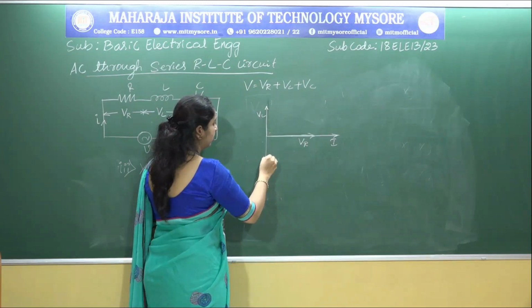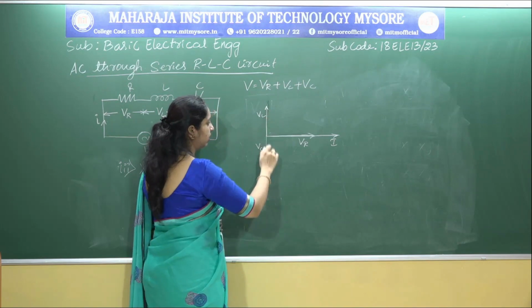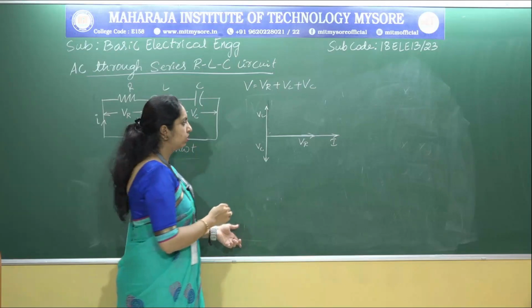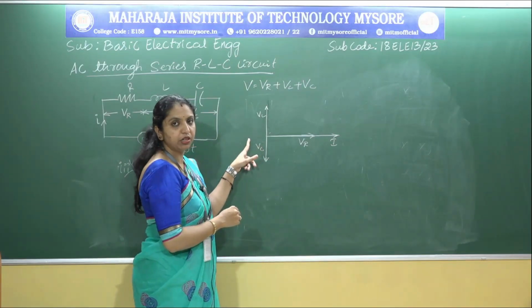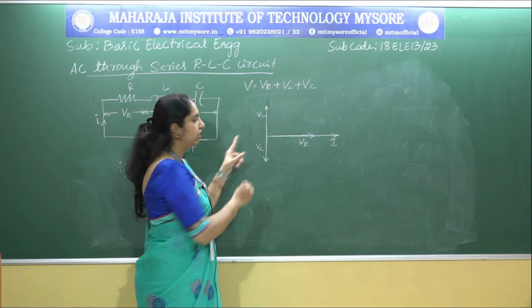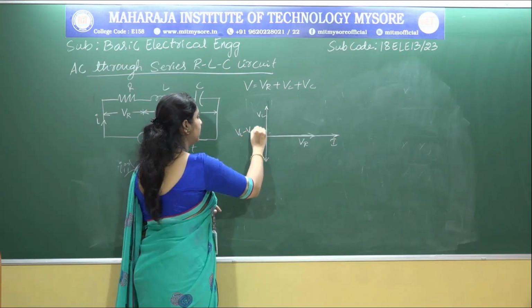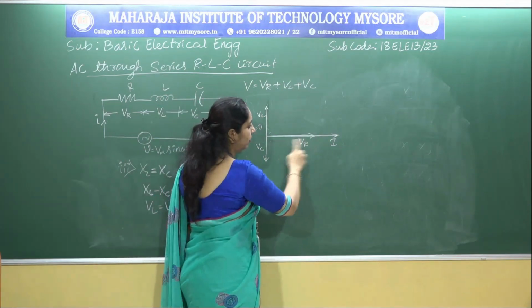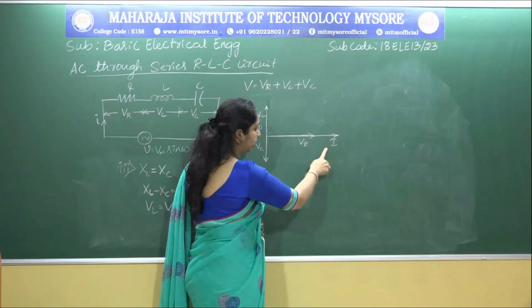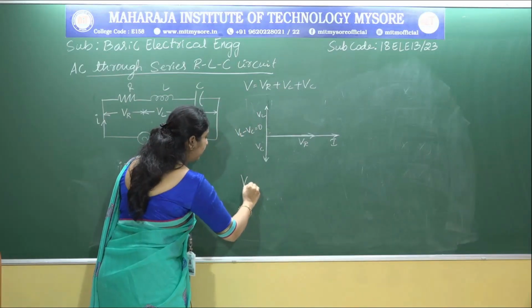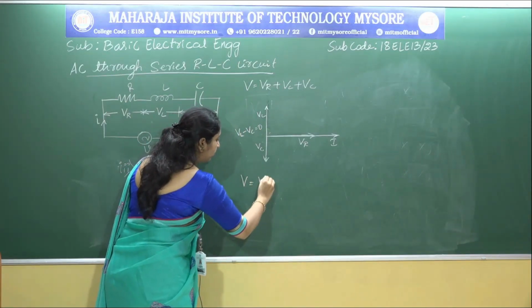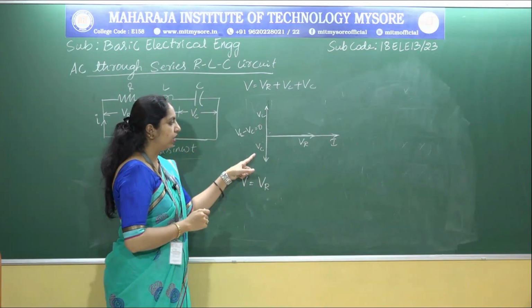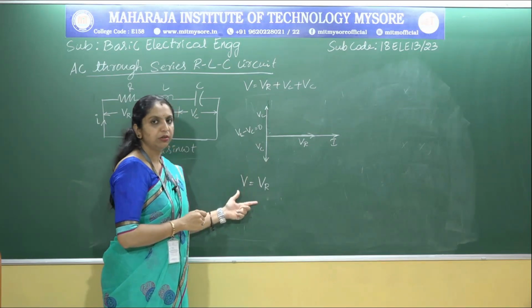And so here we can have VL and this is VC. Both the voltages are the same here, so we cannot have any value over here because VL minus VC is equal to 0. Since this term becomes 0, we are going to have only VR. So then how do we write the equation? V is equal to only VR, because VL and VC do not come into the picture.